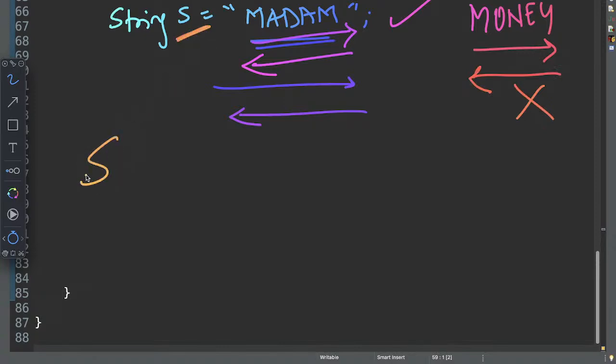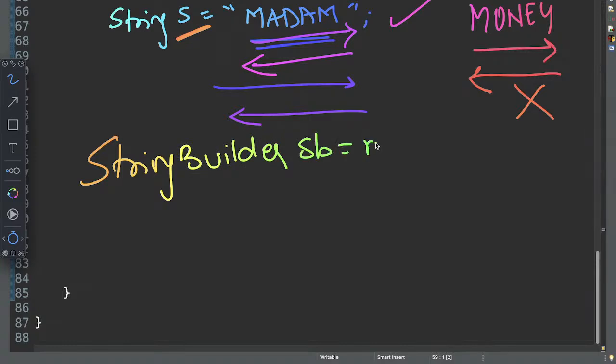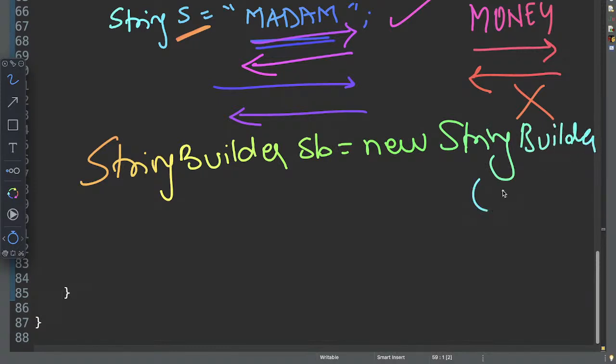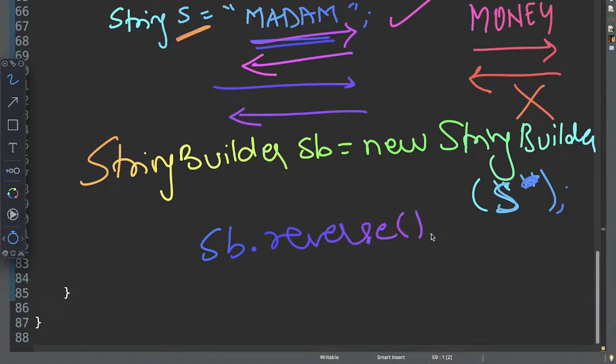So one thing that we can do is I can just put this into a StringBuilder: sb equals new StringBuilder, and I can put this string over here, correct? Sorry, no need of this. And then I can do sb.reverse. Now this will reverse the string, and now you will say that let me compare this with this,